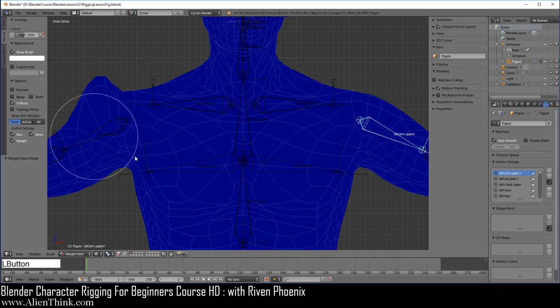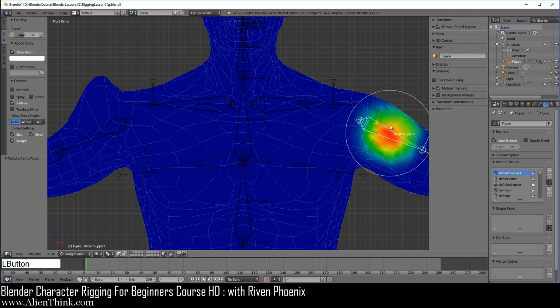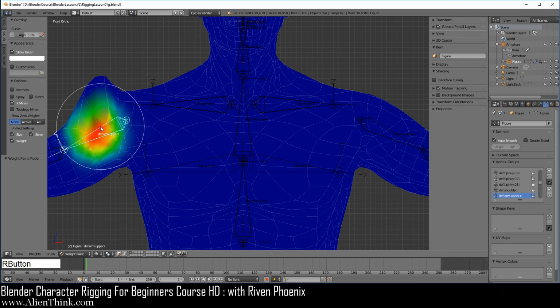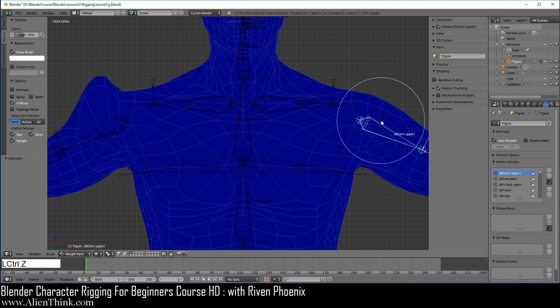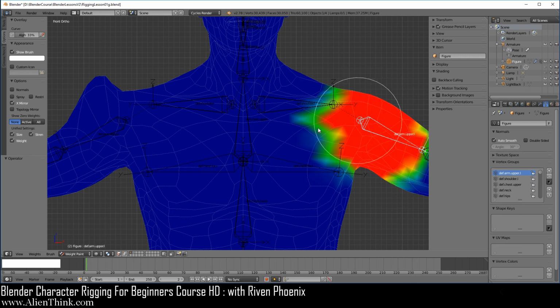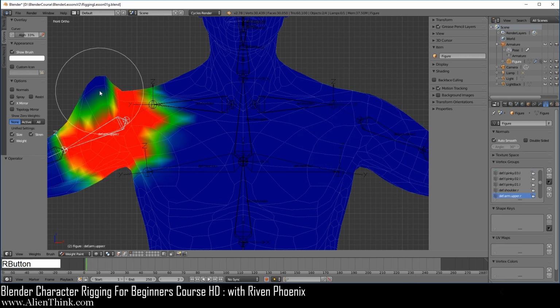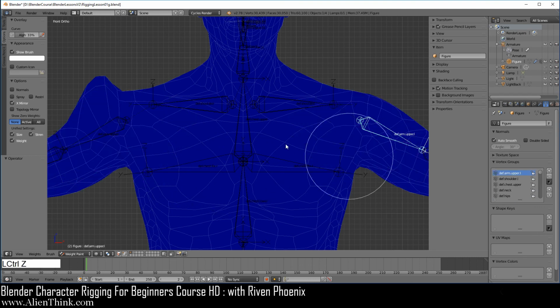Now of course if we have X mirror on and now click over here and we click over here, you'll notice that it's not going to do anything on this side, right? Control Z to undo this. Undo. So here if we paint this whole thing like this and click over here, you'll notice that it's leaving this. That's what I'm showing you, right? So I Control Z to undo that.